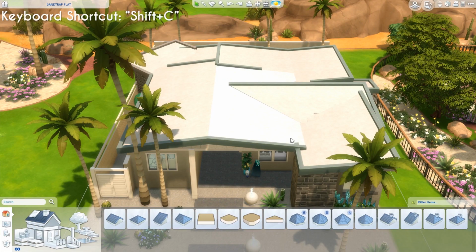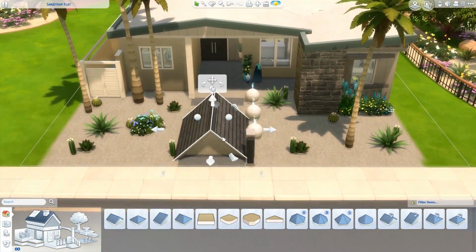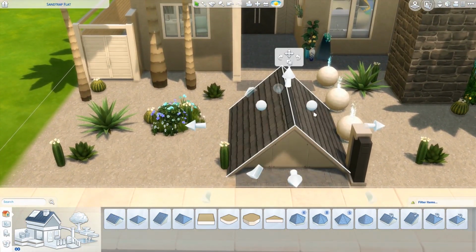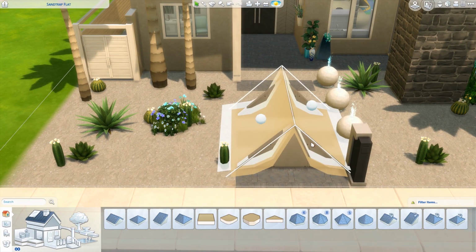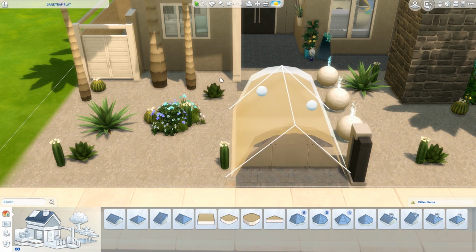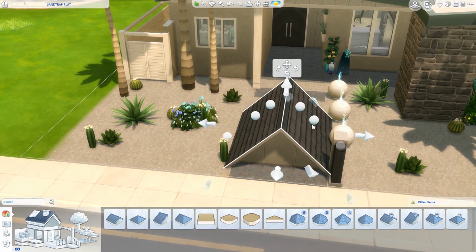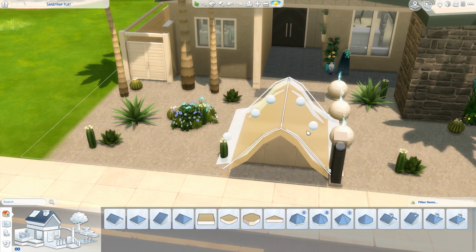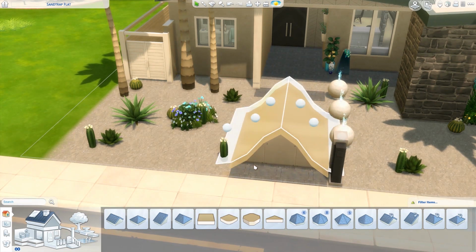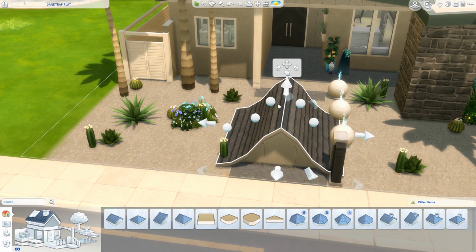So we have 2 more left, and the next one is very useful while roofing, but this house has terrible roofing, so let's just place a roof here. As you can see, we have 2 dots here on both sides, and you can change the size and the shape of the roof. On both sides, it does the same thing. But while you hold Shift and press C, it enables a second dot and you have more manual control and you can do more new roofings. This is very newly added. It came with cats and dogs, so I think it's really cool